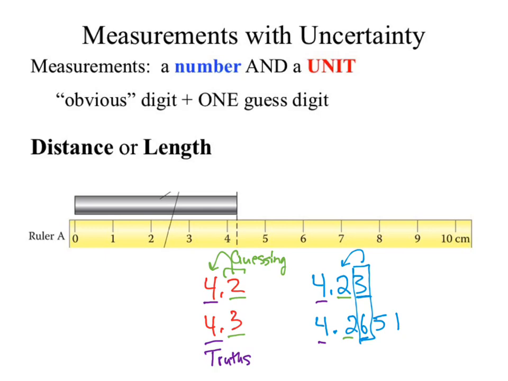Because if we look at that rod, if we just said it was 4, is that true? No. It is a little bit larger than the 4. It's not a 5. But by writing 4, I haven't specified that information. I haven't provided that value. Because I know it is a little bit larger, I can now add that extra place, and I've now provided a guess. So all the truths, one guess. Okay? That gives me more meaning behind the measurements, and it allows me to appropriately and consistently use my measurement tools. Make sense?